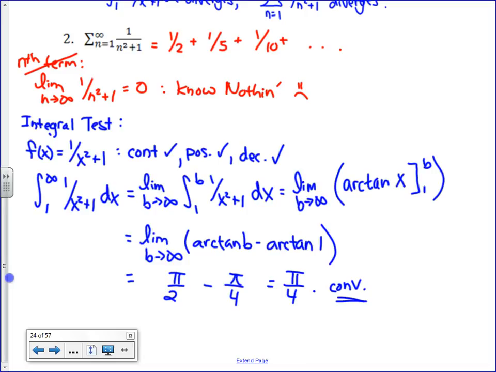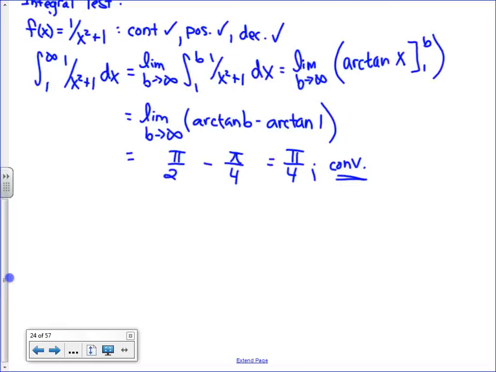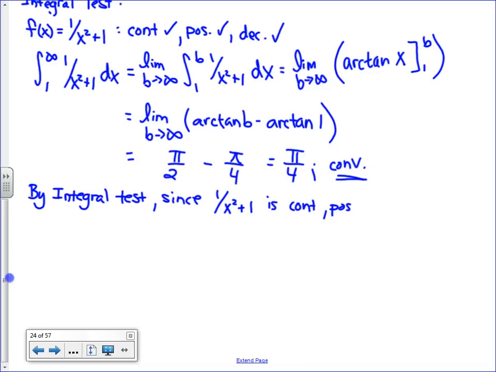So therefore, I can say by the integral test, since 1 over x squared plus 1 is continuous, positive, decreasing, and the integral from 1 to infinity of